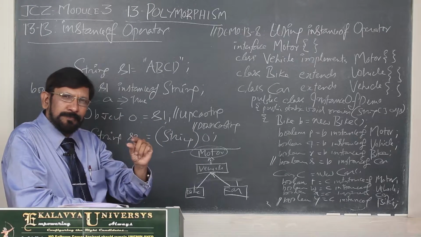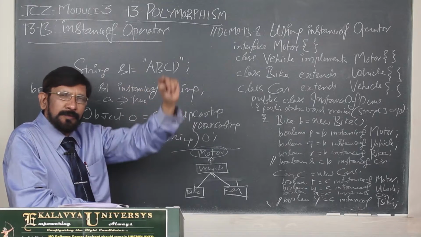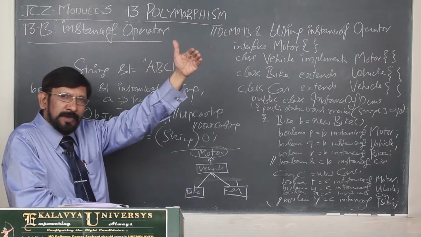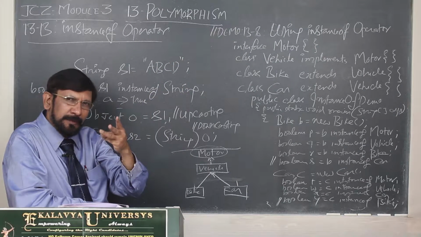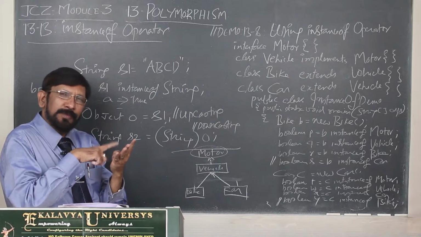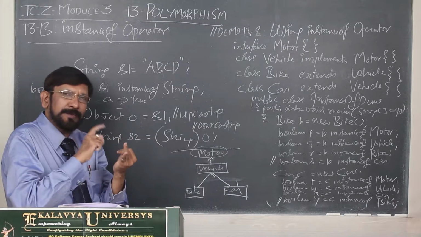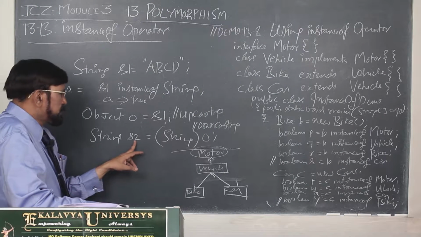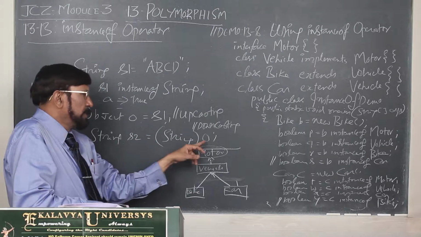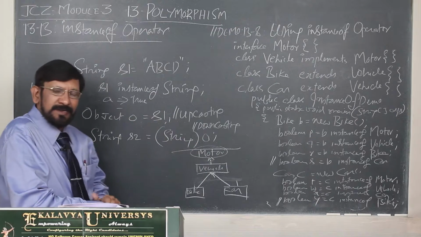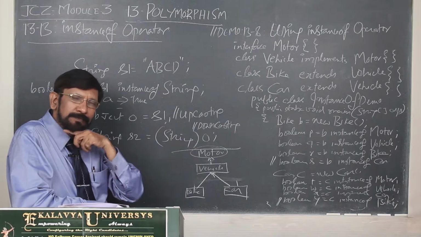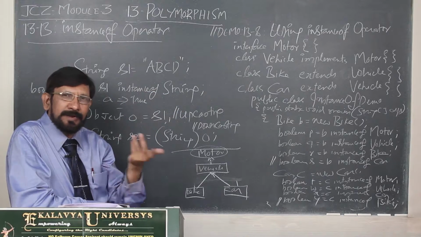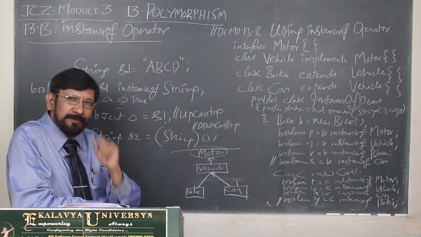You are your type, you are your dad's type, you are your granddad's type, that is upcasting. So for you, if you take your granddad, there are three compatible types: your type, your dad's type, your granddad's type. So upcasting is valid. Now, String S2, for that I am assigning this O. That means, with reference to the previous example, saying your dad is your type is not true. That is why an error occurs.